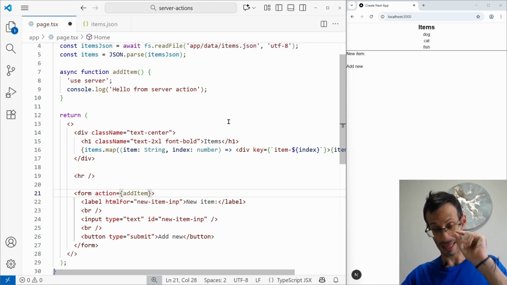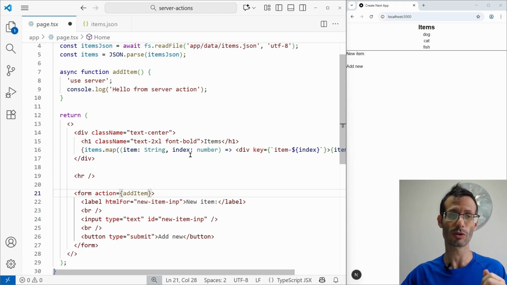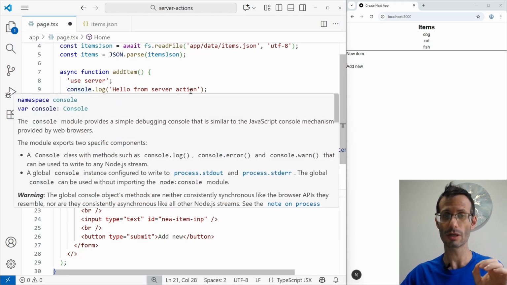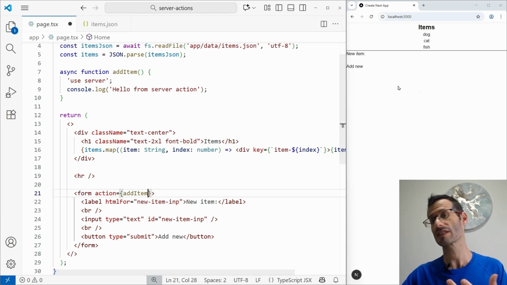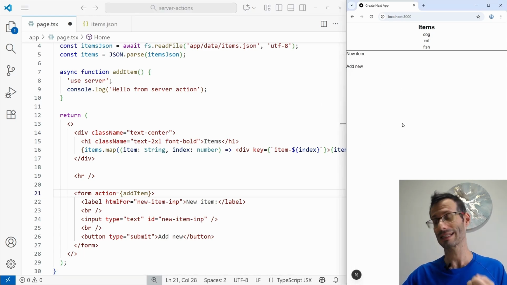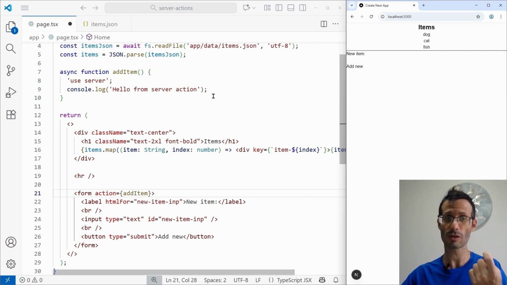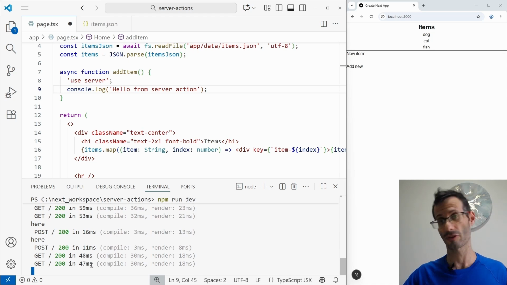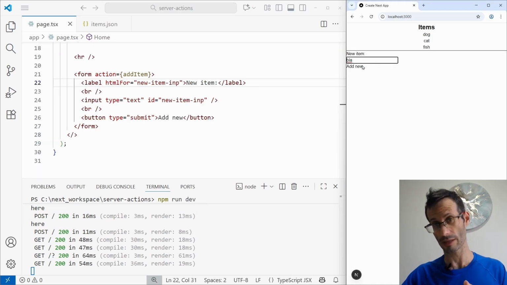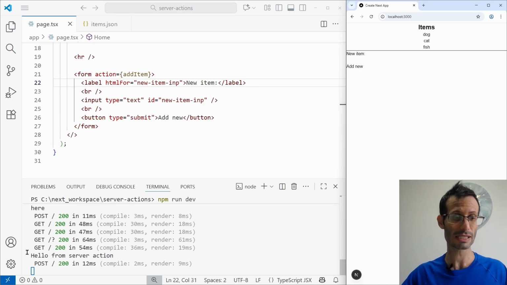And now the question that we're about to explore is whether this log will be shown in the client side or in the server side, right? Because if it's in the client side, we should be able to see it in the browser, in the console tab of the developer tools. But if it's on the server side, we should be able to see it here, because these logs are from the server. And now I'm going to click on the button to submit the form, and we can see hello